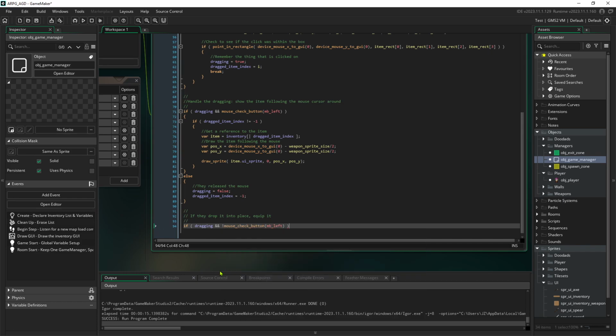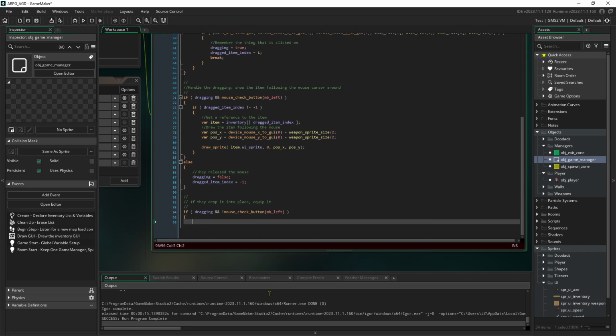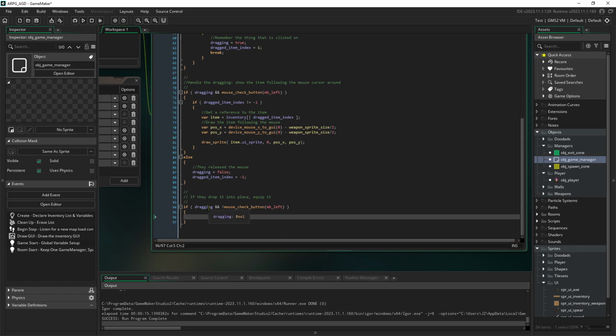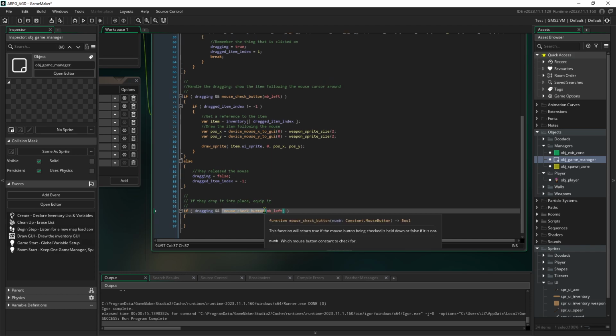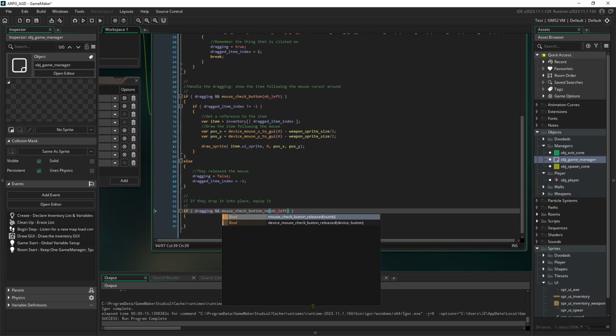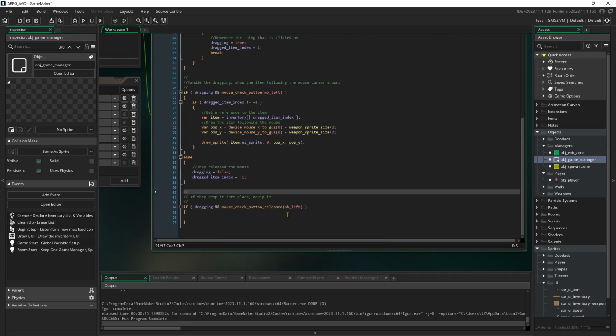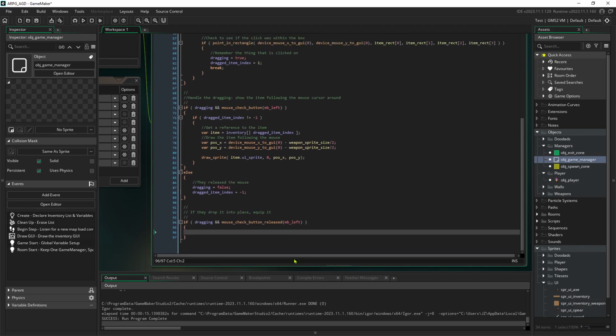I kind of haven't had a chance to refactor my code a whole lot. I think you could potentially do button released. I'll try it, and if it doesn't work, I'll switch it back. So we'll do mouse check button released, because that's a little bit better. So if we release it,